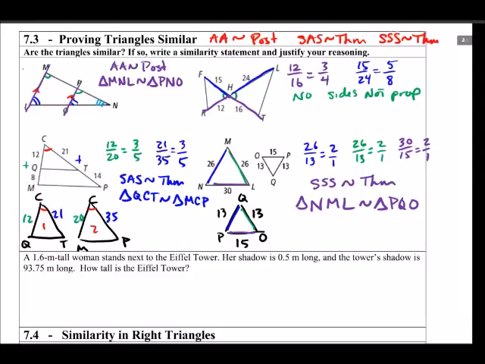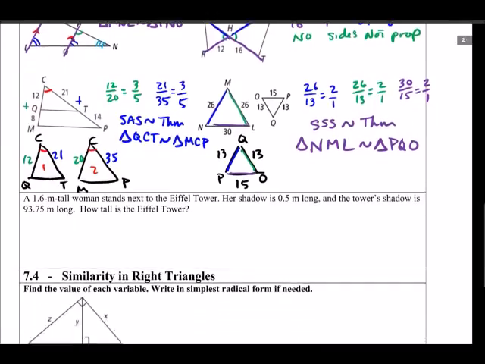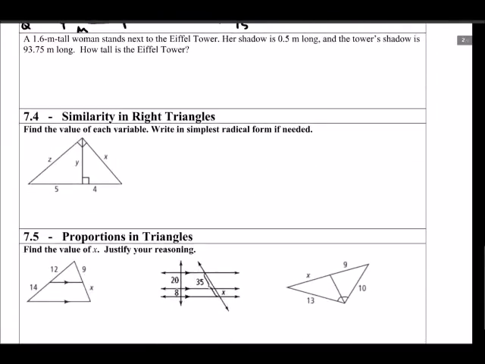So that was fun. Don't be fooled by the ones that look like they should be similar. You have to check the proportionality of your sides. And on these others, split them up, separate them, redraw them, label them. Color is your friend here. And the last problem in this section,